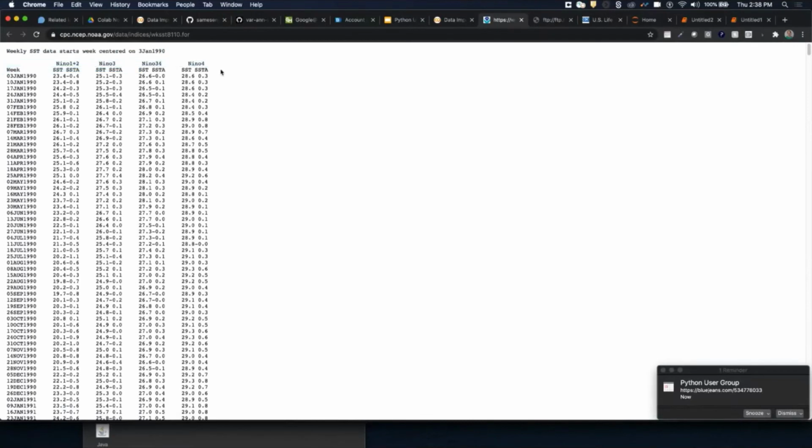Then it's got 2 rows of headers, so sort of nested headers. And I honestly don't know what these are. I didn't look into any more detail about what this means. I'm wondering if this is like El Niños or something like that, because there's 1 and 2, and then 3, looks like 3 and 4, and then 4. And then there's 2 values underneath this, SST and SSTA.